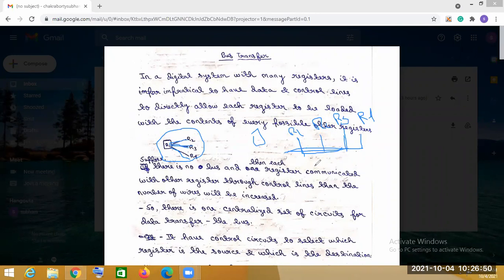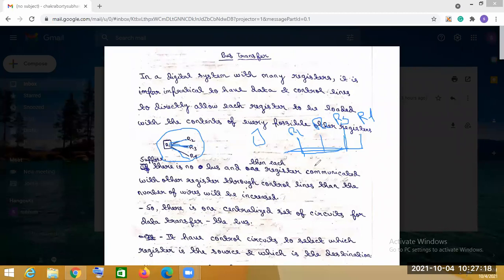So you already remember that this is the disadvantage of using control lines, and this is the advantage of our bus architecture. In bus architecture the number of wires will not increase, because all the registers or all the devices are connected to the bus, and through the bus they will communicate with each other.